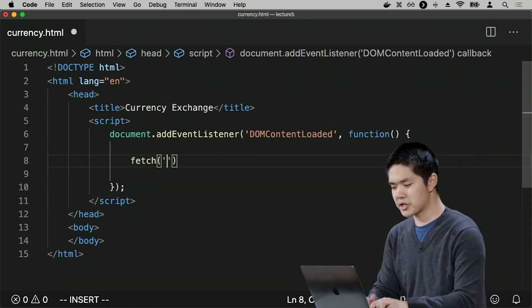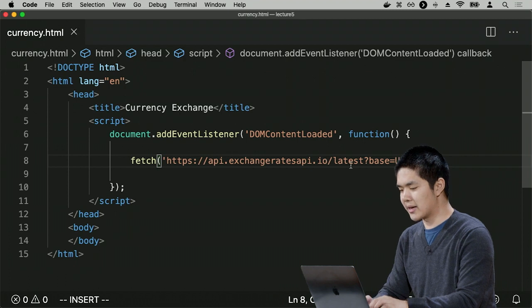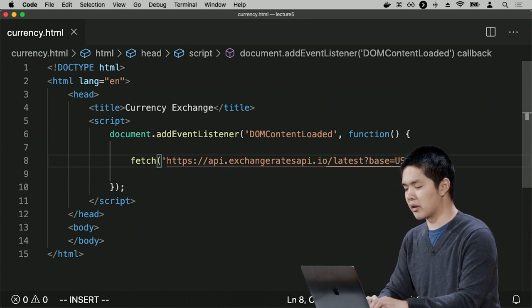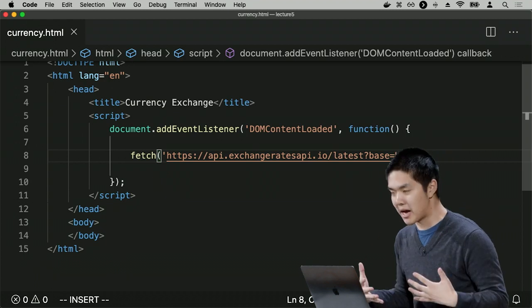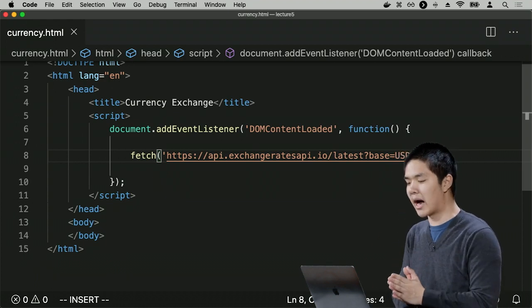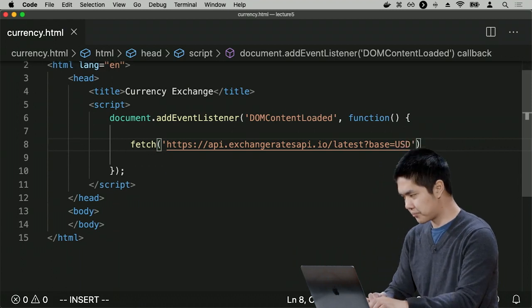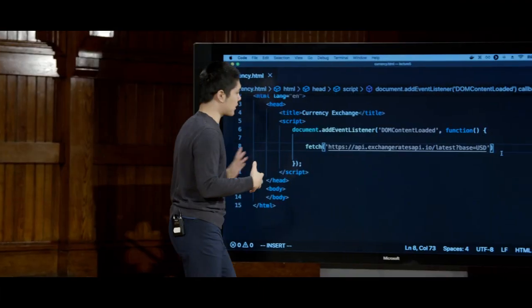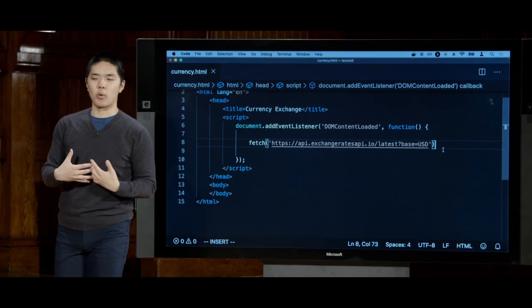the page at this URL, api.exchangeratesAPI.io/latest?base=USD. And the only reason I happen to know how this API works is because I've read the API's documentation that describes how the URL parameters work and what the structure of the data that I get back is. And so I'm here going to say, go ahead and fetch from this URL. Make an HTTP request asking for additional information from this URL